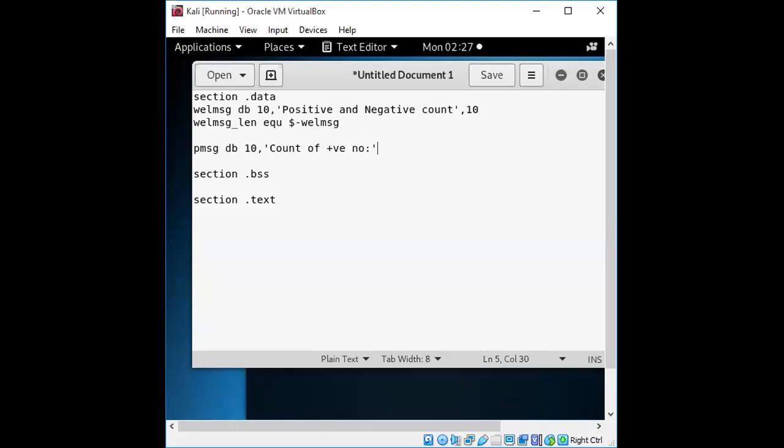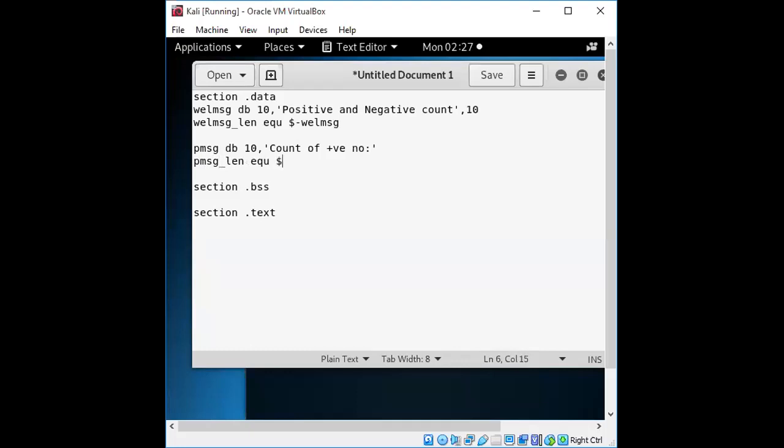And we'll calculate the length of this message also. Because for whatever message you want to display to the output window, you need to calculate its length.